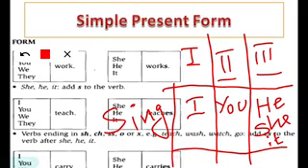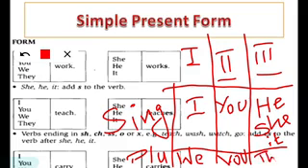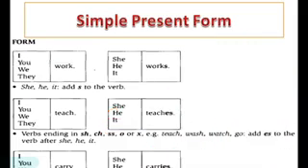So the plural form of I is we. Second person plural form also will be only you. When it is singular also it's you only. When it is plural also it is you only. And what is the plural form for the third person? He, she, it. So we tell them as they. So they is the plural form for he, she, it. Is it clear, children?